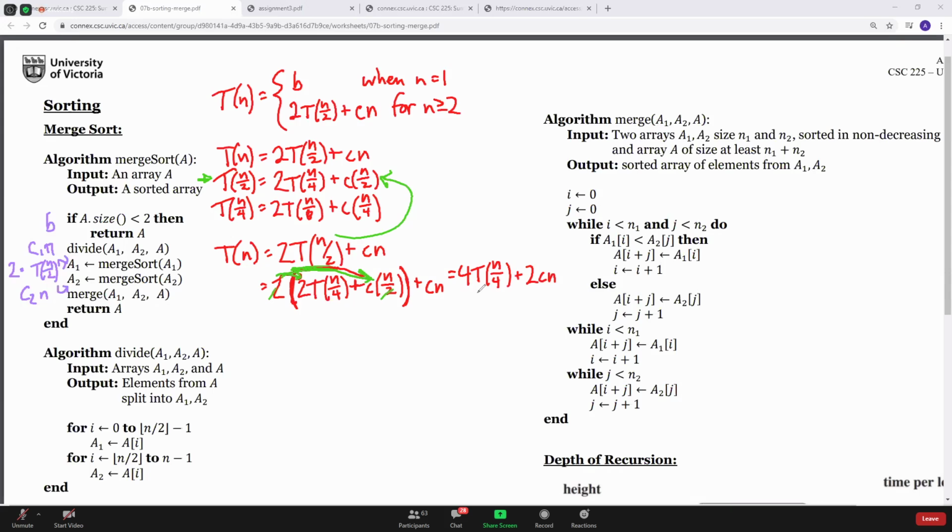So now again, I can do another substitution right here, because I also know what that is. So I'm just going to make that substitution. Oh, sorry, I don't know why I put a 2 there. It should be a 4 now. Where am I going? There I am. 4